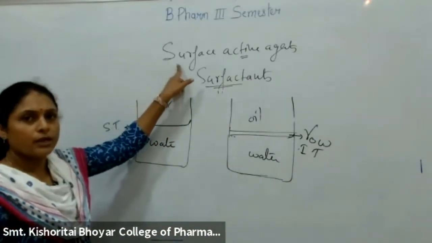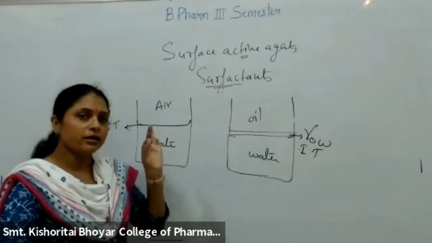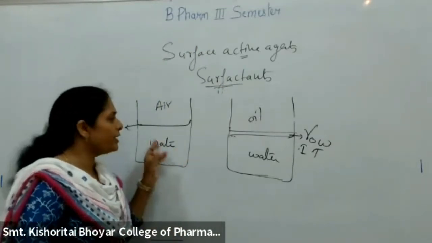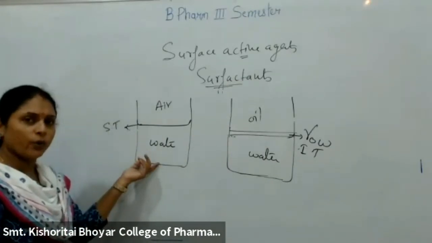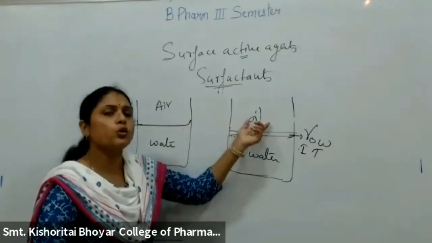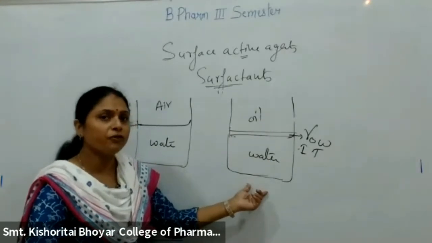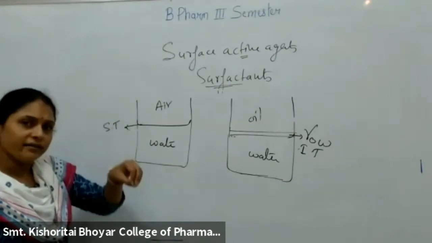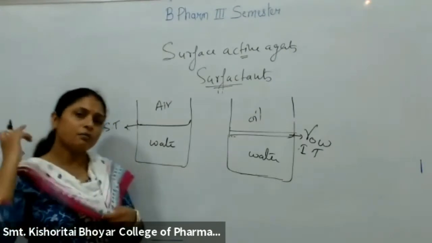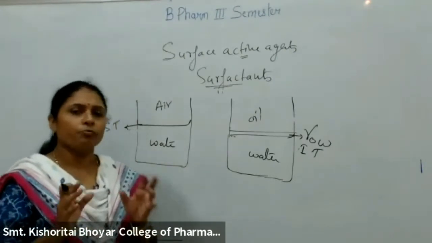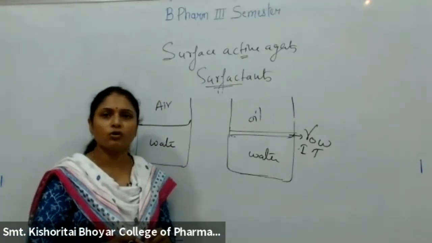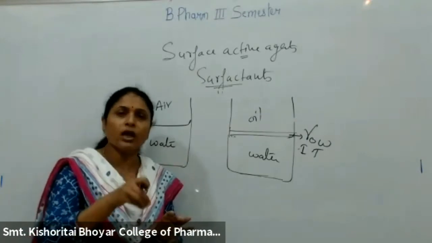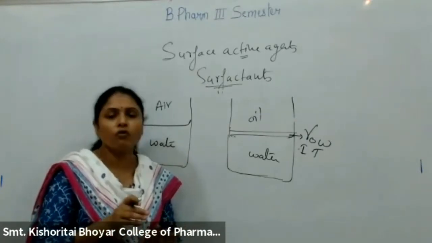Now coming to surface active agents. Certain molecules, ions, when they are added into any liquid or into a system where two liquids are there, they prefer to get adsorbed at the surface. जैसे हम अगर example लें, if you add sucrose into the water, then what will happen? Will it remain only on the surface? It will go into the bulk. It will get dissolved over there.